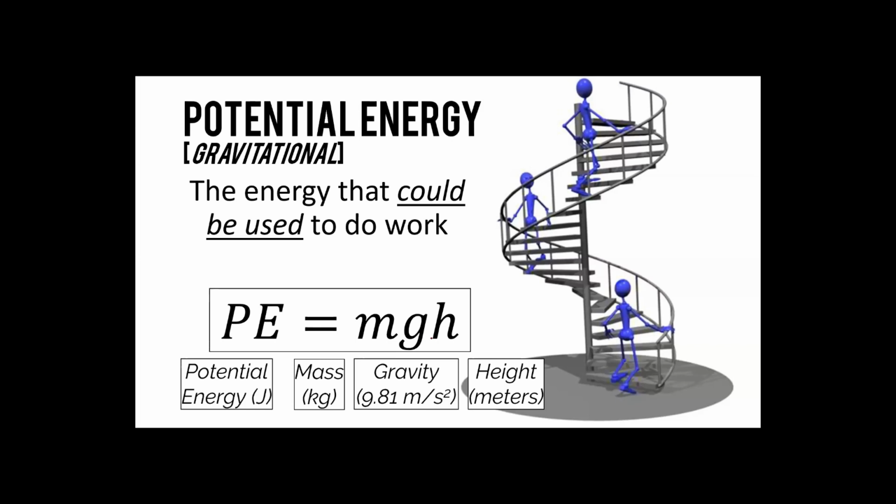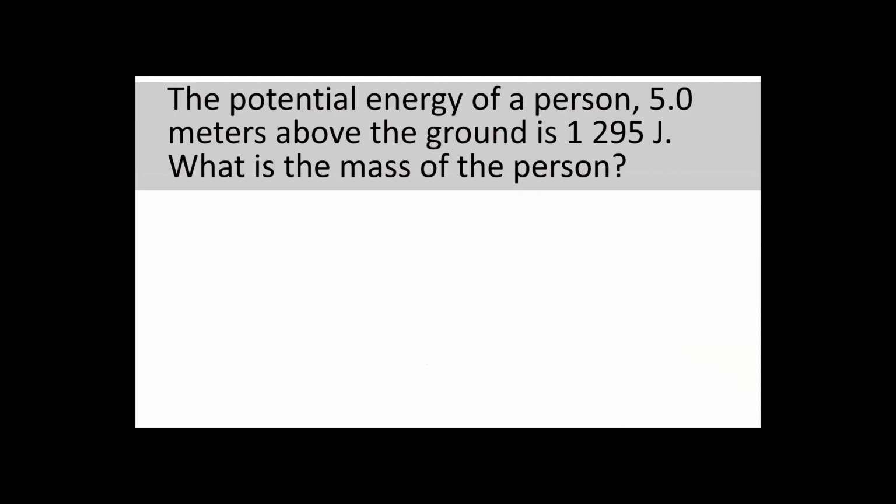So let's try to use this equation. The potential energy of a person, which is 5.0 meters above the ground, is 1,295 joules. What is the mass of the person? What is the mass of a person which has a height equal to 5.0 meters, and its potential energy is 1,295 joules? Using the equation of potential energy,